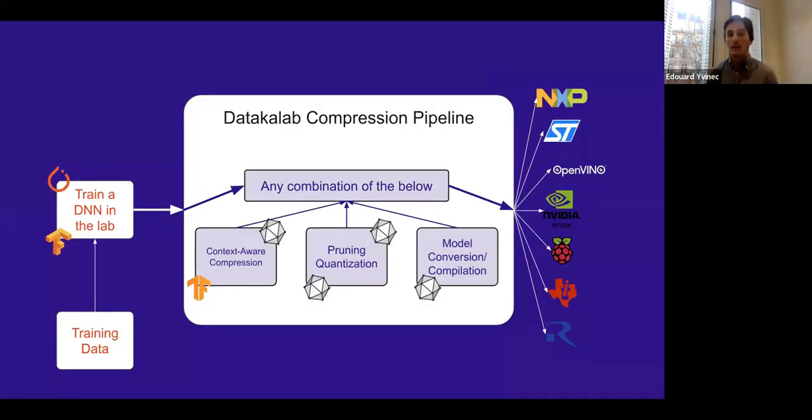So to wrap this up, there was quite a lot to cover here. Essentially three building blocks. Each can be used individually. If you want only one of those, that's fine. If you want all of them, that's better. Pruning, quantization, standard methods, we improve upon above the state of the art. Quantization-aware compression, quite a new technique, not a lot of work in the literature about this. We're quite proud of it. And finally, model conversion, compilation, all about mapping your trained network to your favorite hardware.